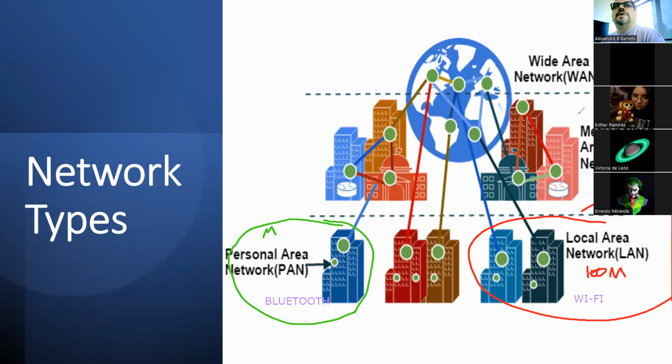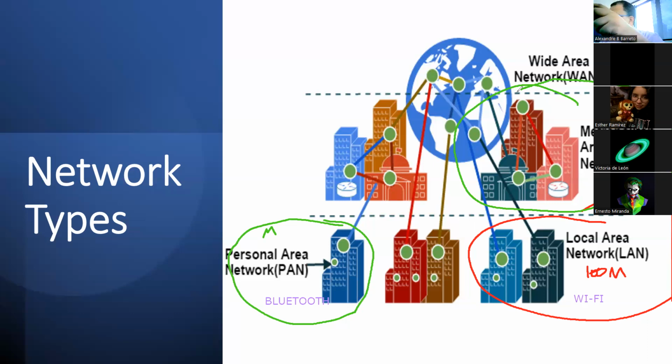Another type of network is the metropolitan area network. It's an amazing concept because in the past, a metropolitan area network is a network that connects one city. For example, one network that connects the campus Mexico City. You have one data center only, to provide services to the campus Mexico City, campus Santa Fe. You have only one data center.